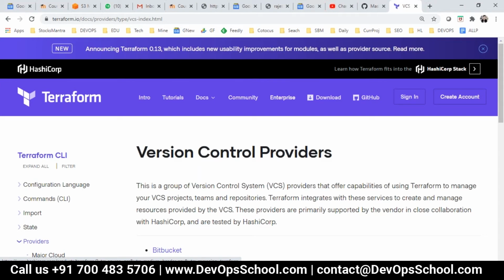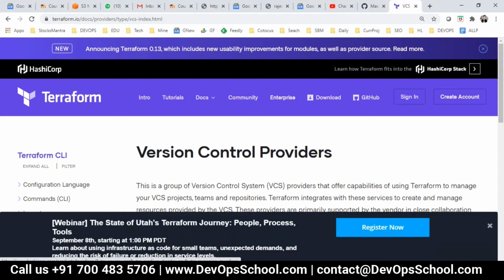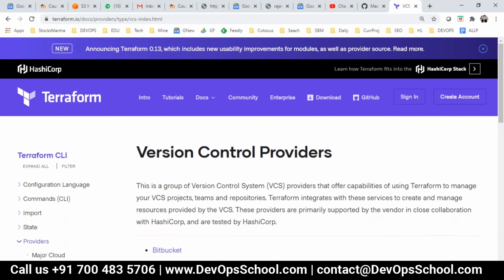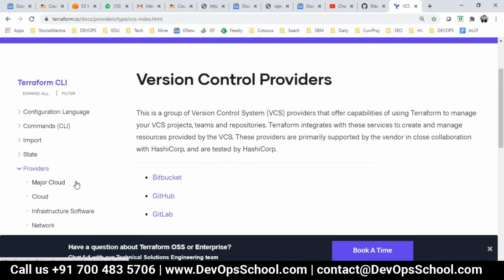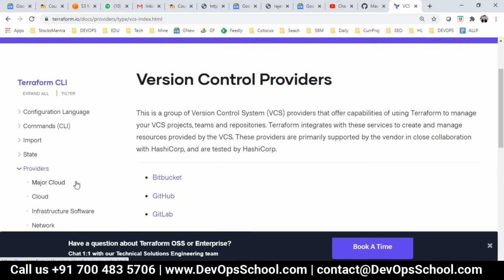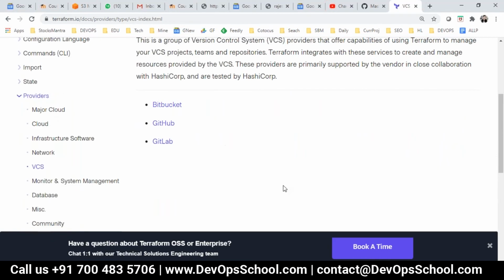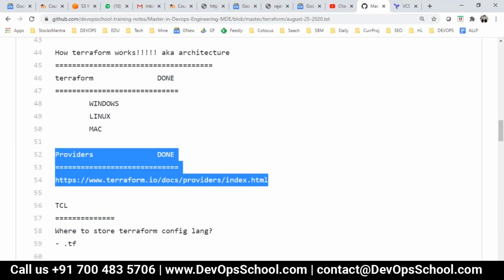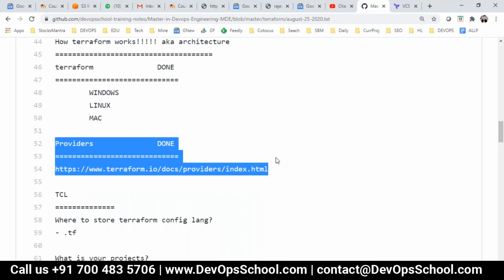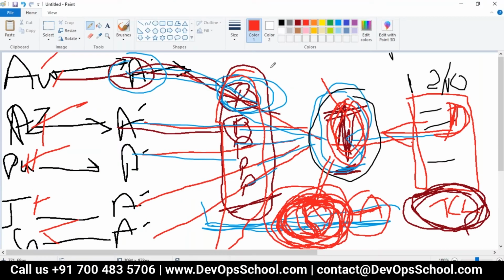Those providers, if you are not able to find them, either you have to write a provider, or use a community provider which is not tested thoroughly, or do some more workaround. More or less, most of the popular tools in the DevOps culture you will get here: dev tools, QA tools, operations tools, all the popular tools. So guys, did you understand this concept of provider? Everyone? Rajesh?